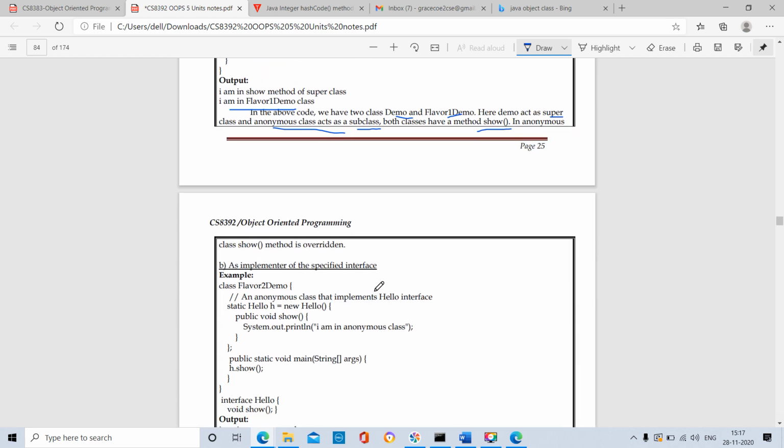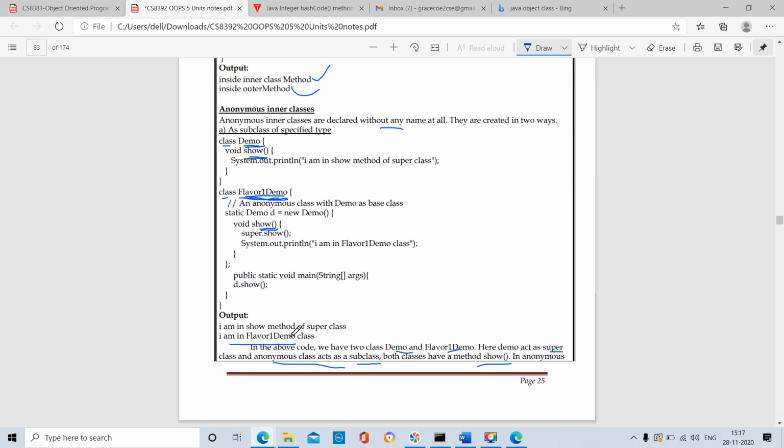In the anonymous class, the show method is overridden. If the method is overridden, the superclass method will be hidden. So to access the superclass method, we should use the keyword super.show.